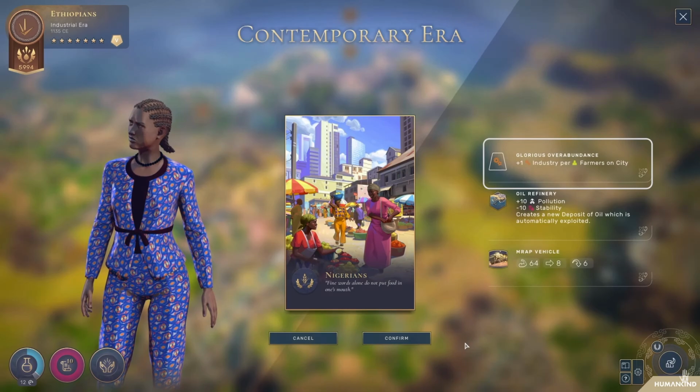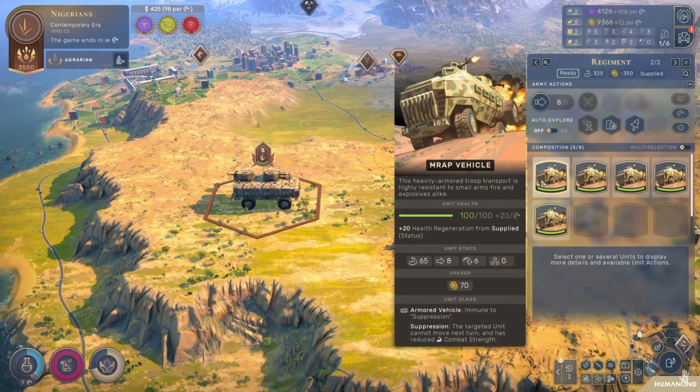Obviously, the river delta requirement will limit the number of placements for this district, but the opportunity to create oil resources out of thin air is definitely an exciting one, as many late game units require a large number of oil resources to construct. Then for unique units, Nigerians have the MRAP vehicles, which stand for Mine Resistant Ambush Protection Vehicles,